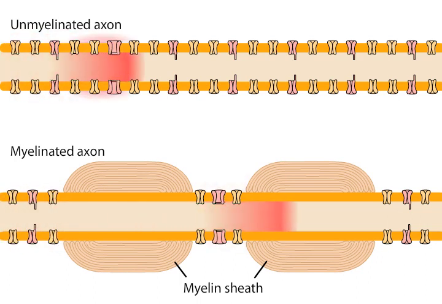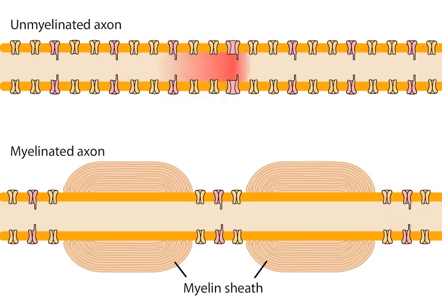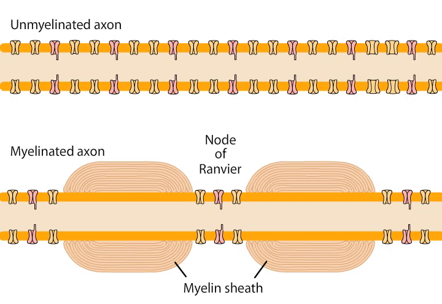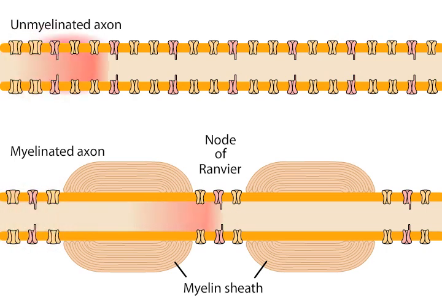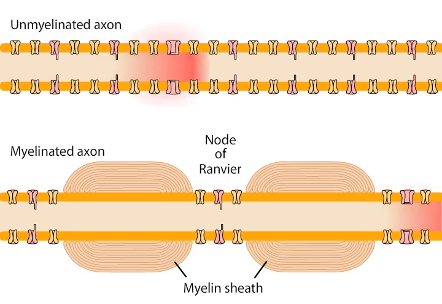The major reason underlying this marked increase in speed is that the time-consuming process of action potential generation occurs only at specific points along the axon, called nodes of Ranvier, where there's a gap in the myelin wrapping. An action potential generated at one node of Ranvier elicits current that flows passively within the myelinated segment until the next node is reached. This local current flow then generates an action potential in the neighboring segment, and the cycle is repeated along the